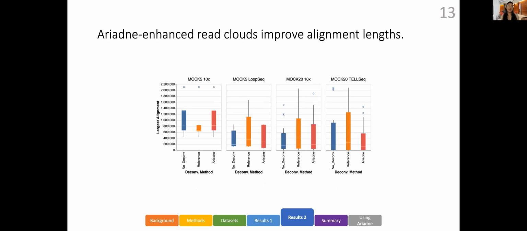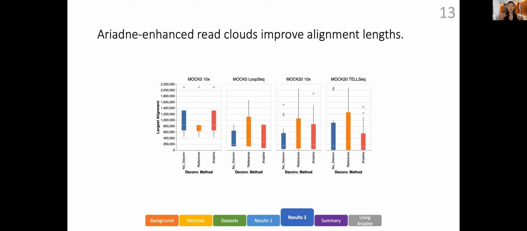Similar trends can be observed in terms of looking at the alignment lengths between the assembled contigs and the known species reference genomes. And with the 20 species 10x data set, as you can see in panel 3, the median largest alignments between doing nothing and Ariadne,